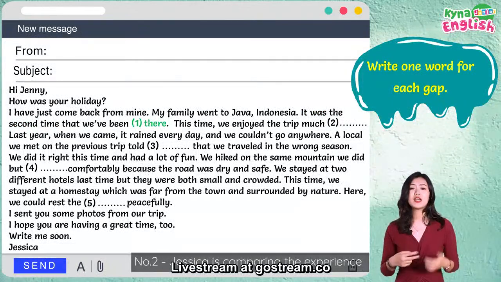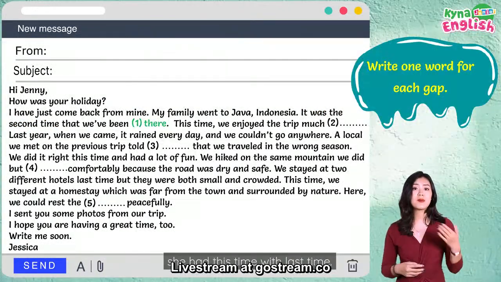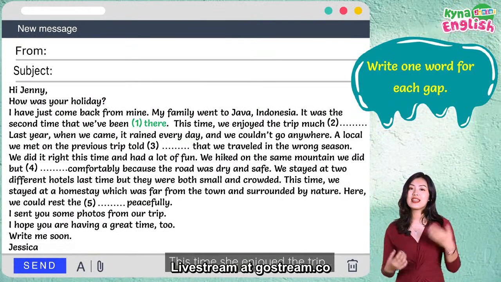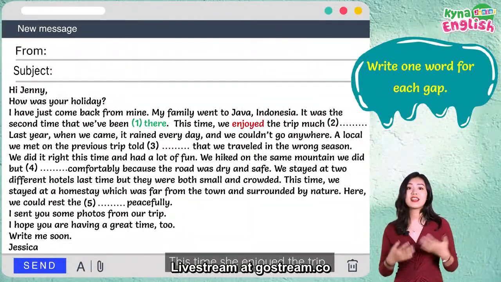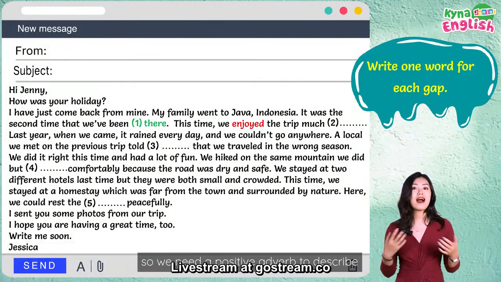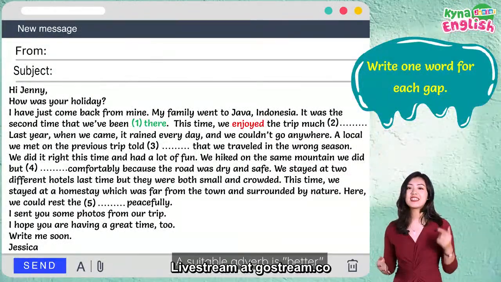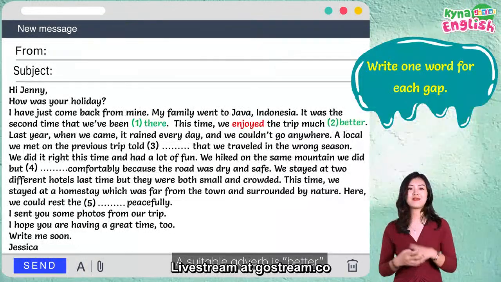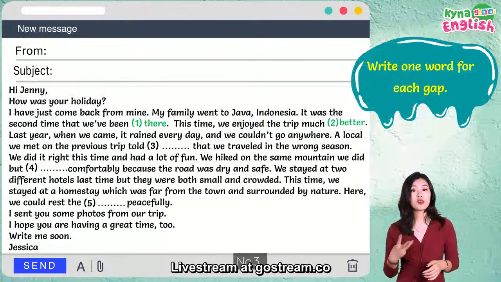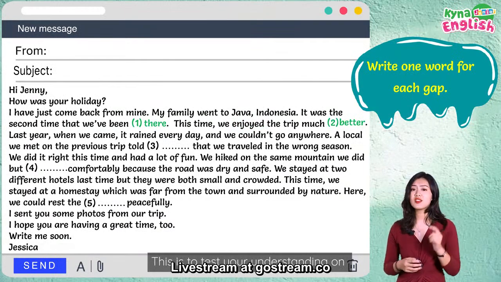Number 2, Jessica is comparing the experience she had this time with last time. This time, she enjoyed the trip, so we need a positive adverb to describe her enjoyable experience. A suitable adverb is better. Number 3, this is to test your understanding on how